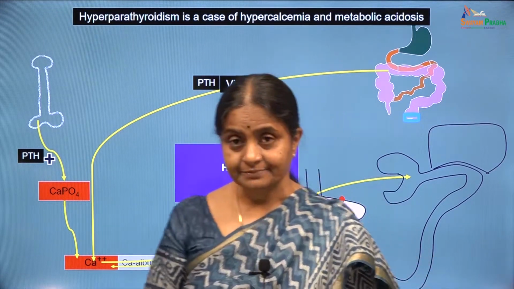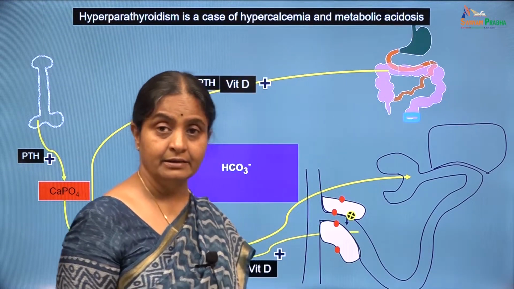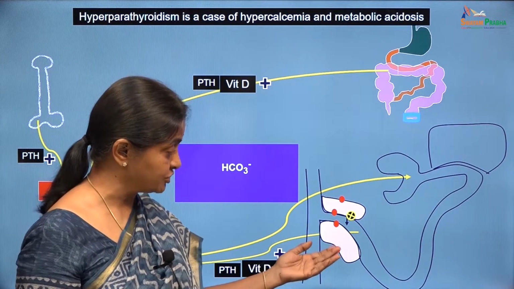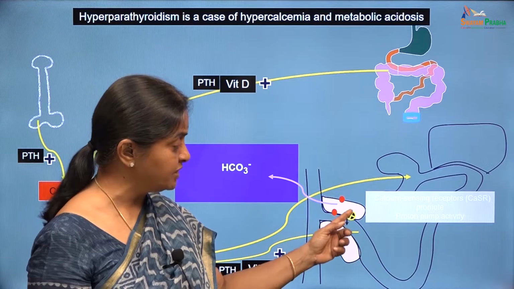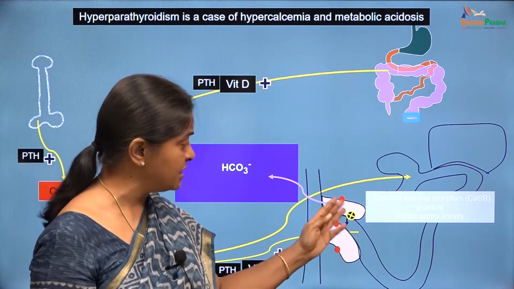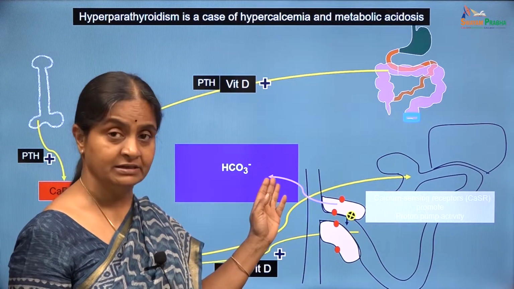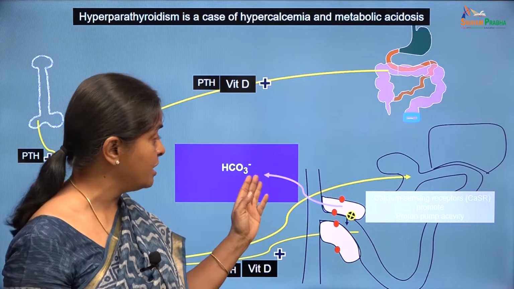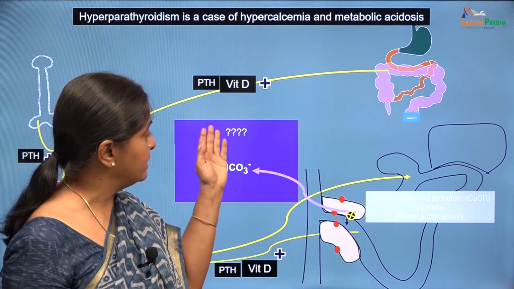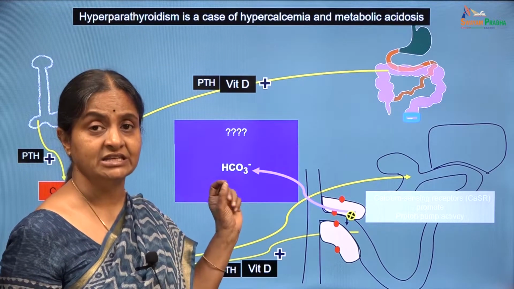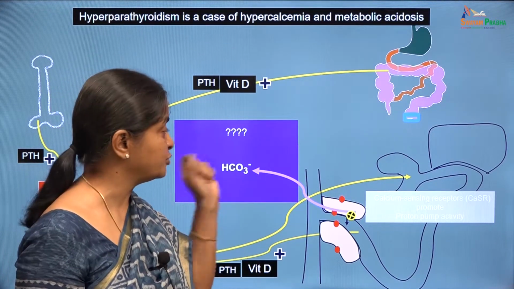So, the free calcium, just like in vitamin D intoxication, would have stimulated the calcium sensing receptors, would have stimulated proton pump activity and would have increased bicarbonate generation in the distal tubule, but will that result in an increase in bicarbonate levels in serum or not is the question. That won't happen